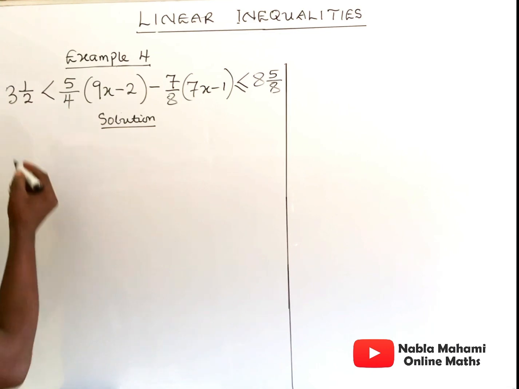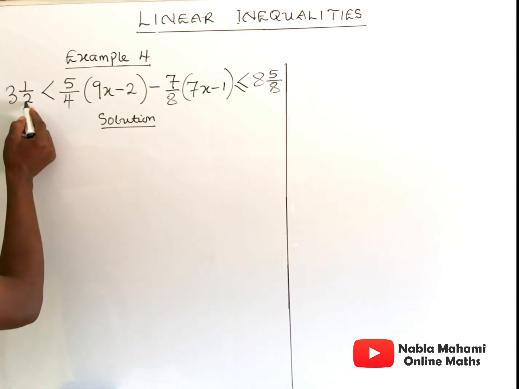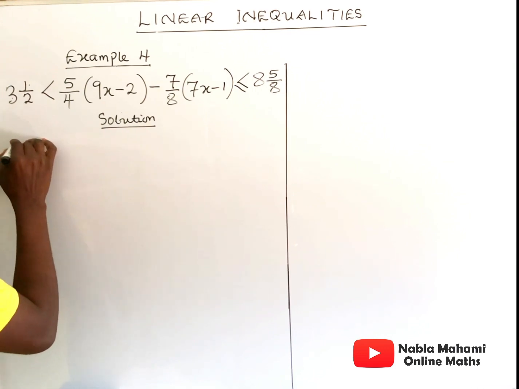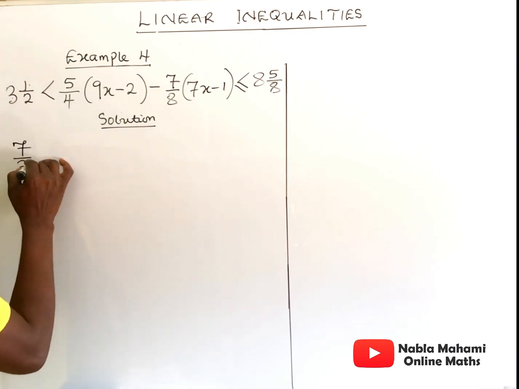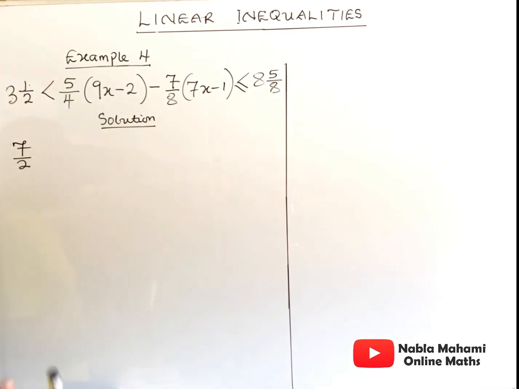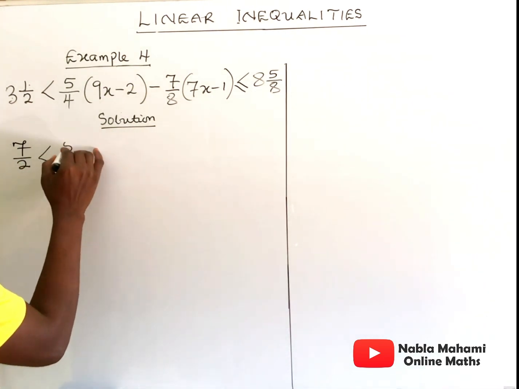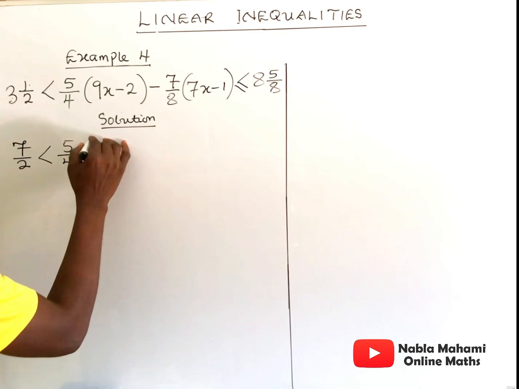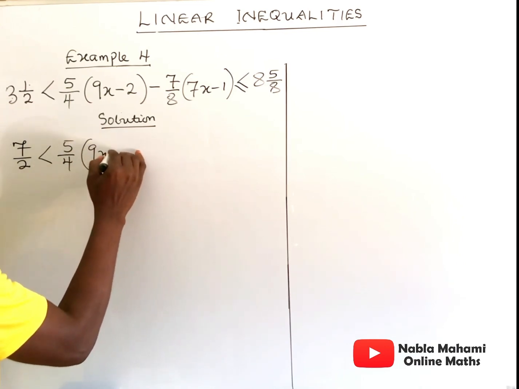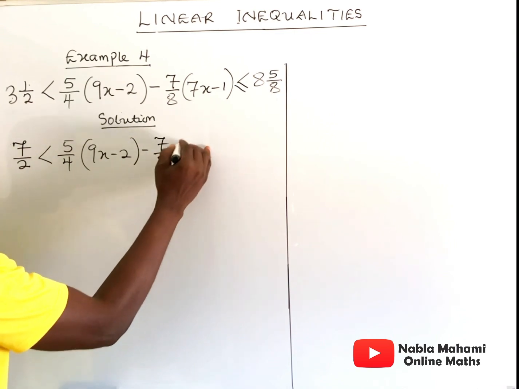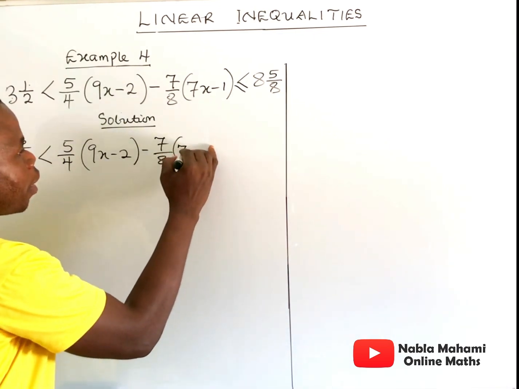So now, I'll take 3 times 2 is 6. 6 plus 1, 7. So that means that I'll have 7 over 2, which is the same as 3 whole number 1 over 2. Then less than 5 over 4 multiplying 9x minus 2 minus 7 over 8 multiplying 7x